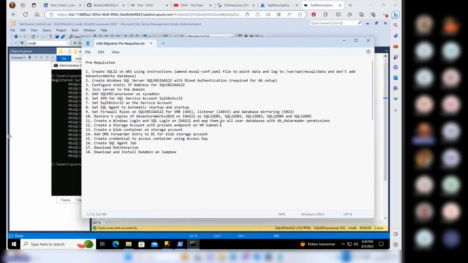I've created a storage account as well. The storage account is going to be used for the credential. So all I've got on the blob storage account is a blob container with a SQL database backup. It's private, using private endpoint. In order to do a private endpoint over a domain, I'm going to be adding, or I have added, a